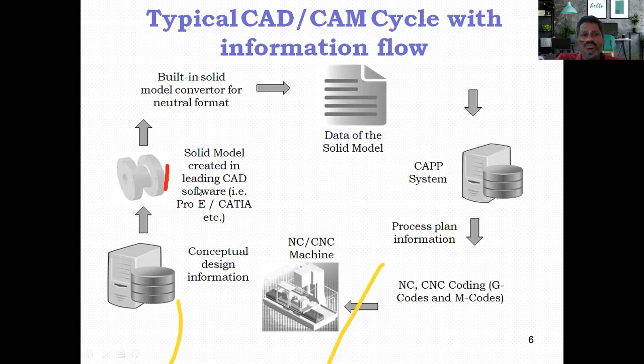Okay, so that solid model is converted to the neutral format file. That file can be opened in any of the domain, any of the software. Assume that you have created this solid model in ProE. So that may be opened in any of the software like Unigraphics or CATIA. So in that case, that model needs to be converted to the neutral format file. So that must be analyzed. After creating this solid model, it must be analyzed whether this design, whether this model is going to sustain, and as per your requirement, is it going to sustain?